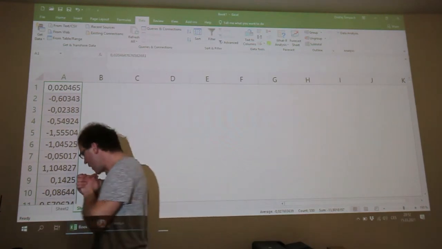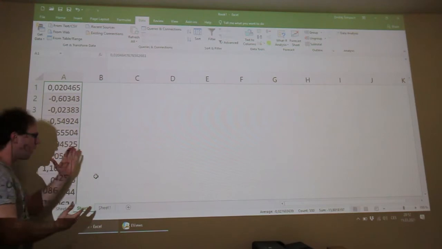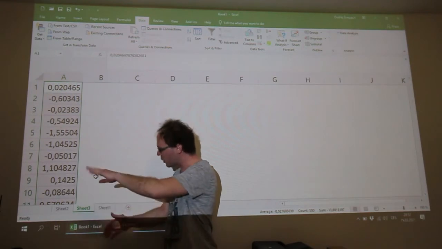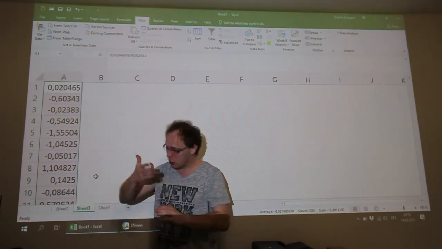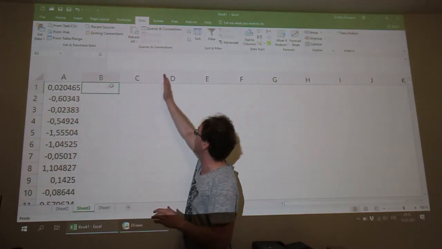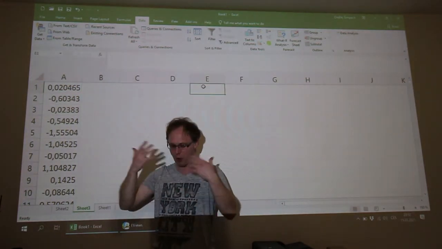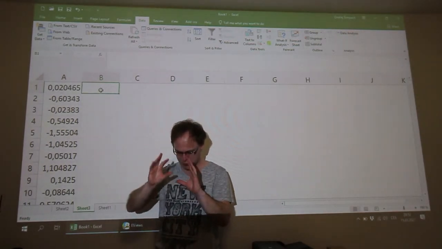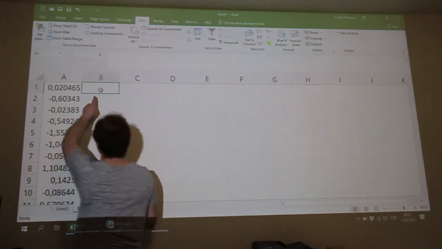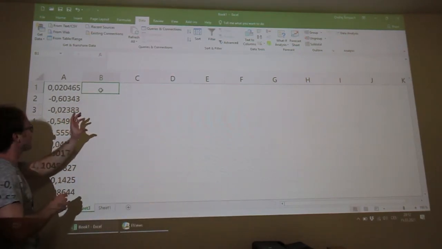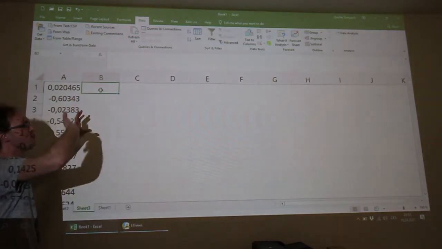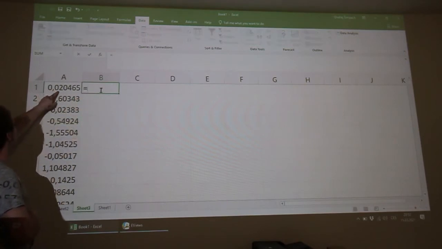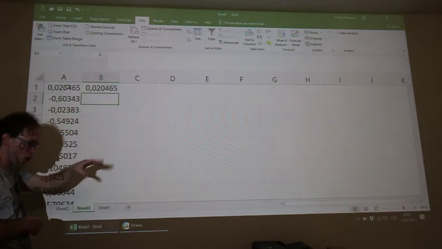Okay, so now we will correlate this process, because this is a series of non-correlated values. We will create in columns B, C, D, and E four correlated processes. If you remember the formulas written in my presentation, we will start here in this first cell. Because we don't have a previous value, there is only the equal sign and this A1, this noise.